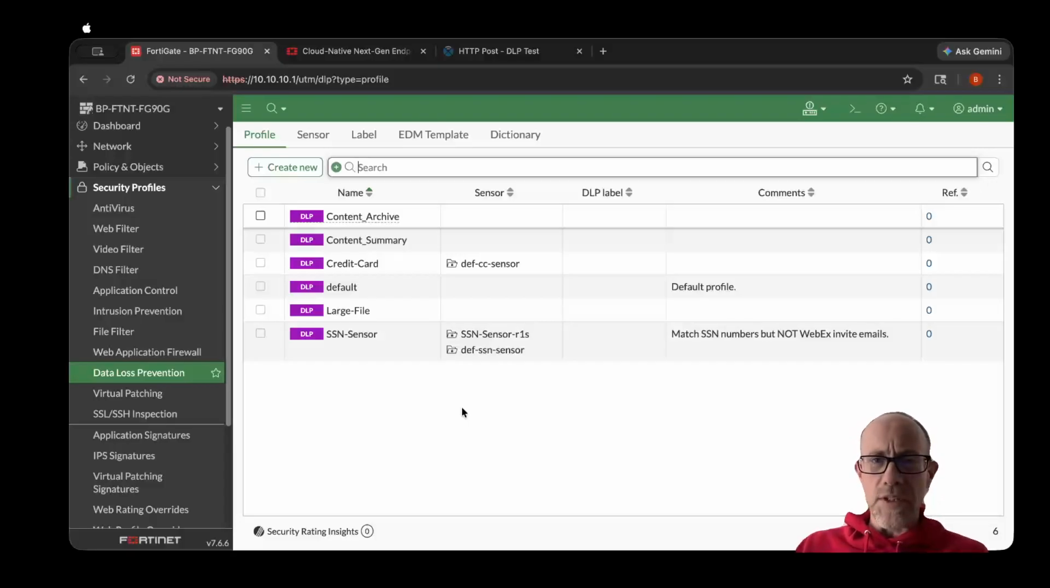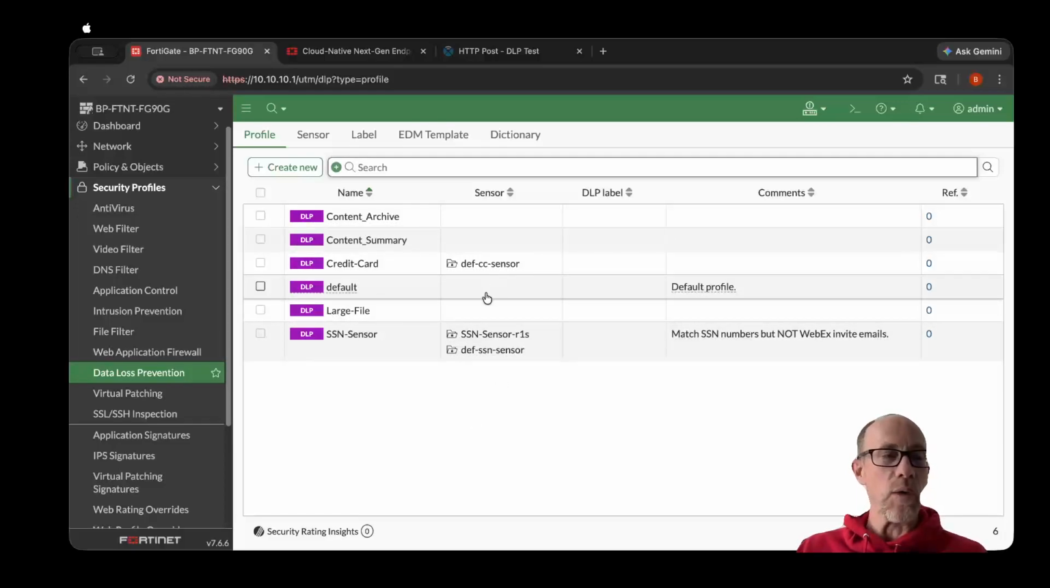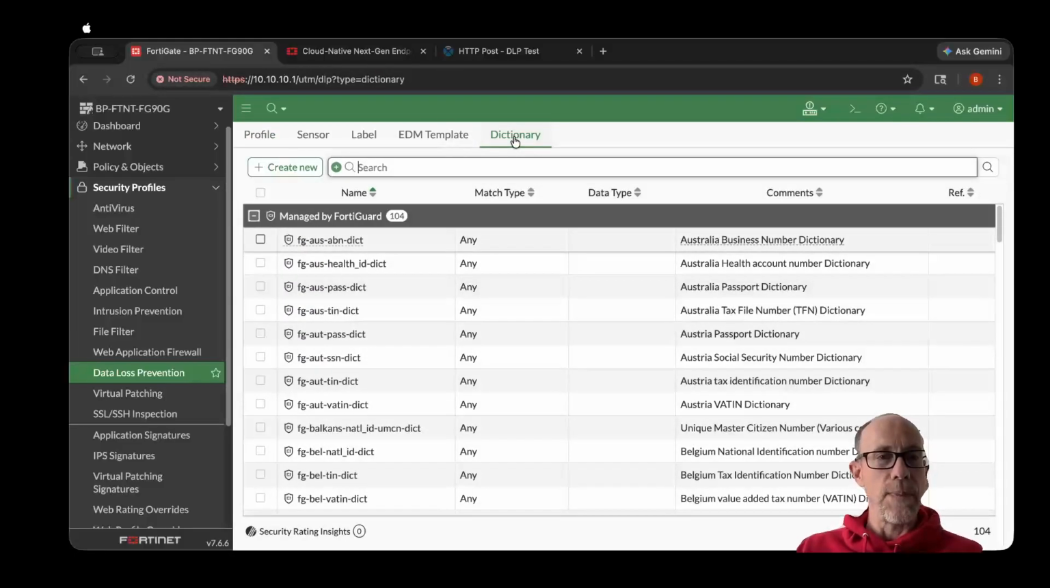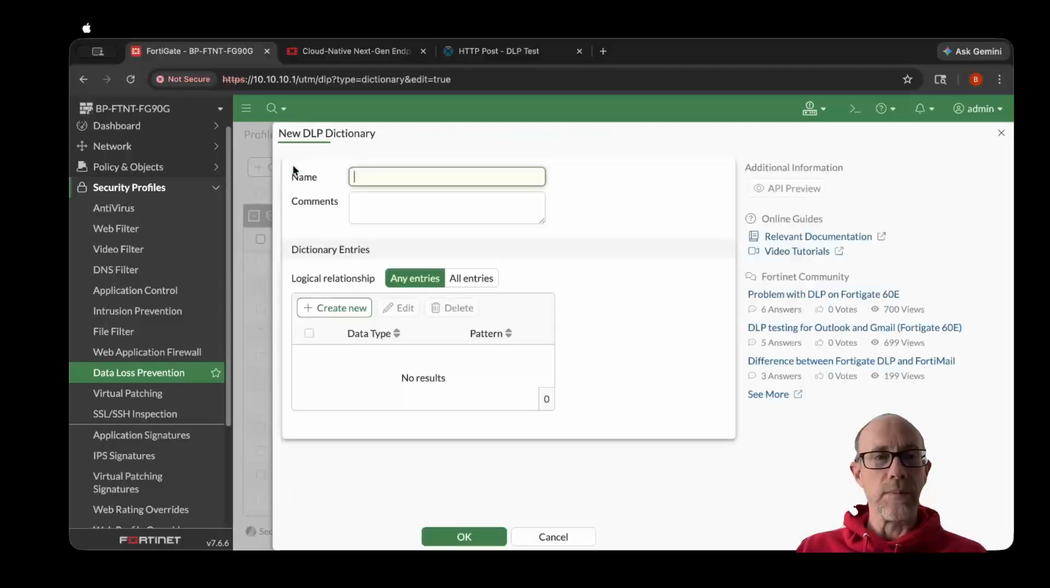For the purposes of today, let's say that we're creating a DLP profile because we want to filter profanity. We don't want people to be able to maybe post to online forums using profanity, or type up an email on a web-based email client like Gmail using profanity. So let's use that. We're going to go to Dictionary, Create New, and I'm going to say profanity